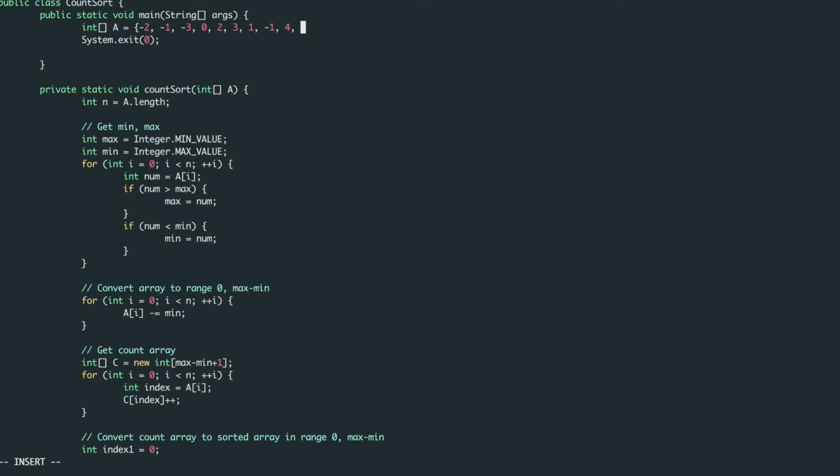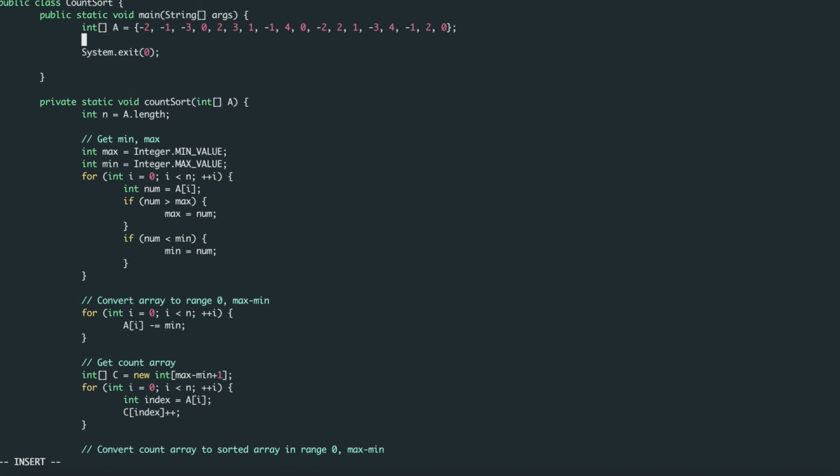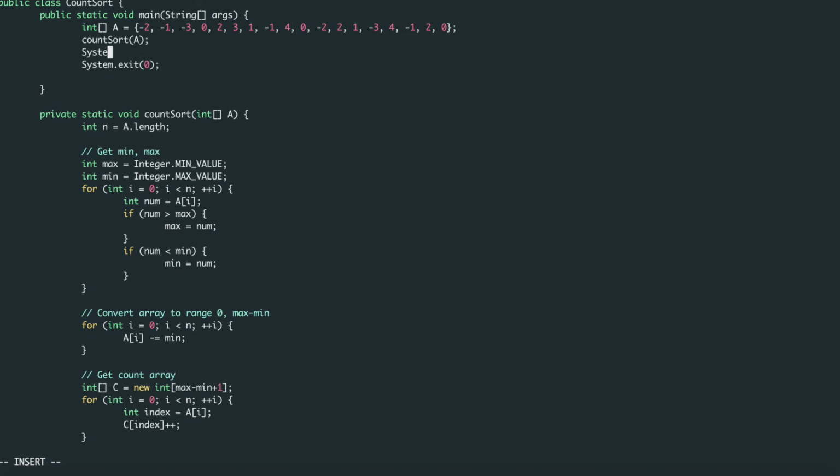I'm taking it from the range -3 to 4. Then 0, -2, 2, 1, -3, and then 4 again, then -1, then 2, then 0. This sounds good.